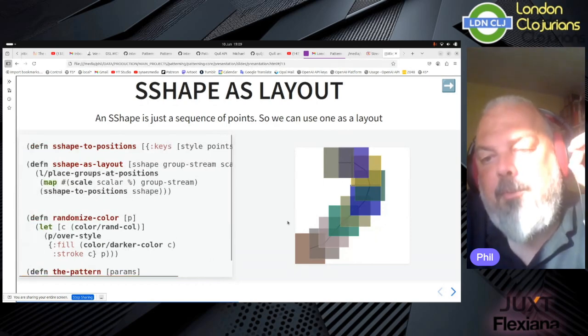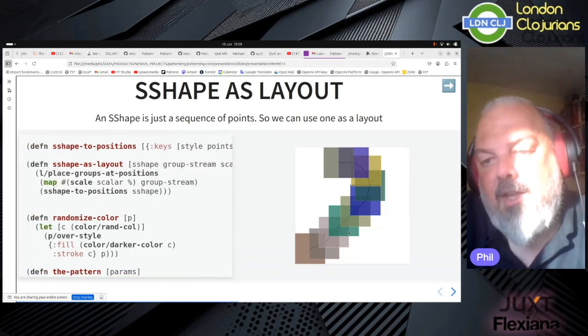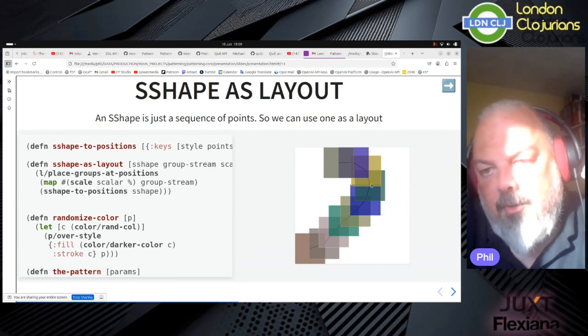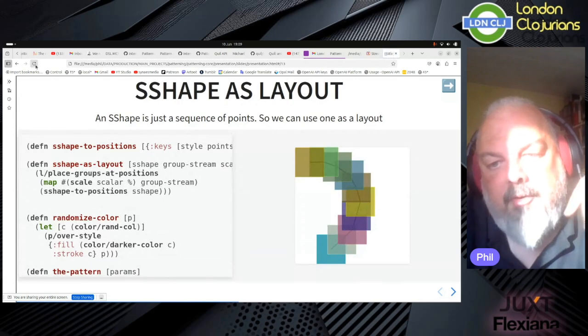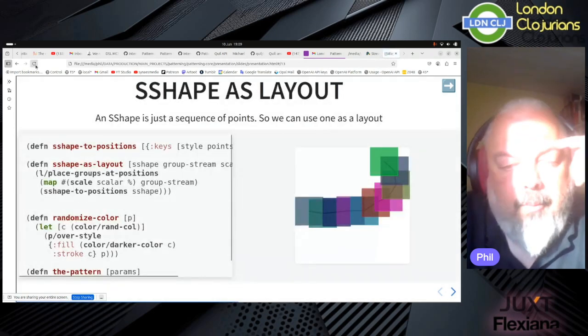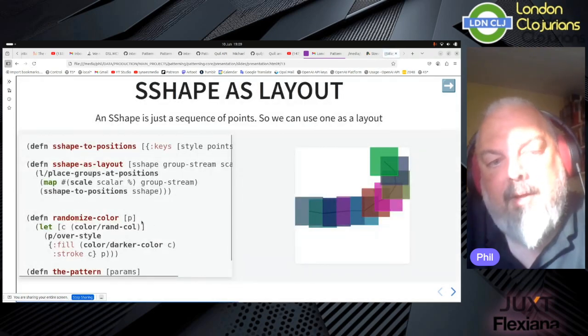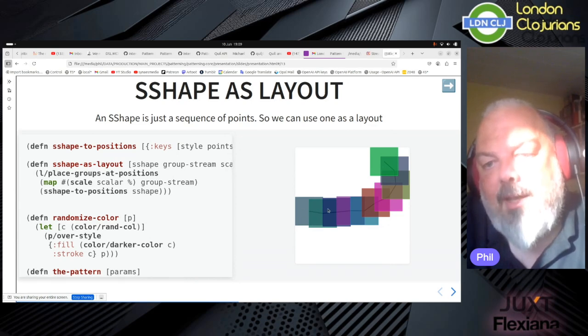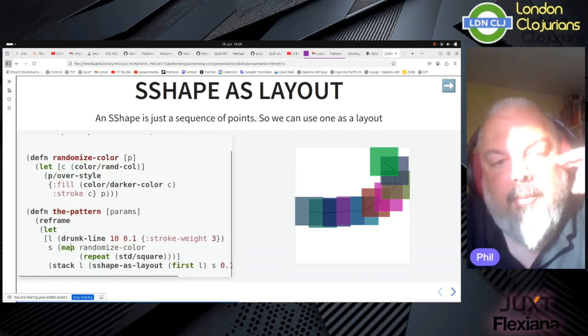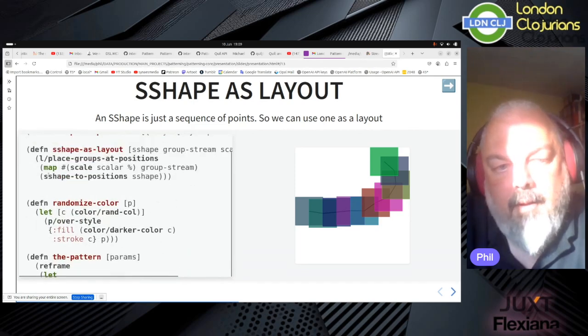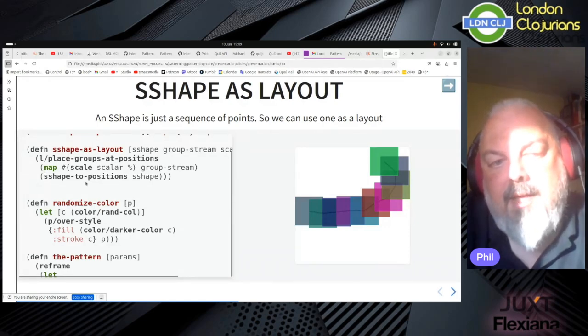I mean, the purpose of this layout is just to take an existing line, which I hope you can see sort of underneath. It's a drunk line, so just a random line, and we're just taking the points that made it up, and we are now just using it as a layout to map these squares across. We've got a randomized color function, so we're inside the shape as layout. We are taking the shapes, the